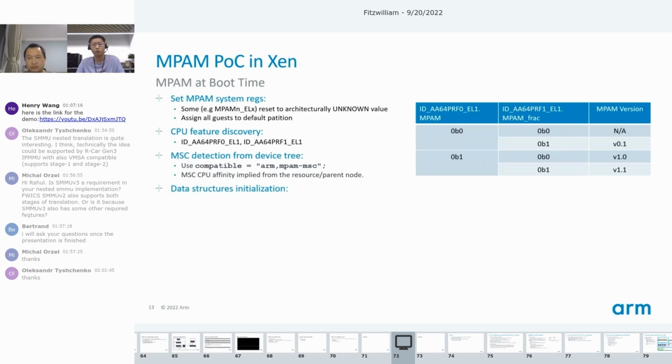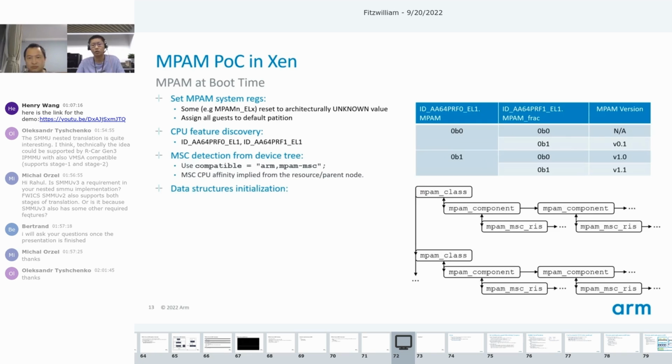The MSC detection is followed by data structures initialization. On the bottom right figure, I draw a simple diagram about how we organize our data structures. To properly configure different types of MPAM resources, we abstract the resource concept in MPAM into two kinds of grouping, namely the MPAM class and MPAM component.